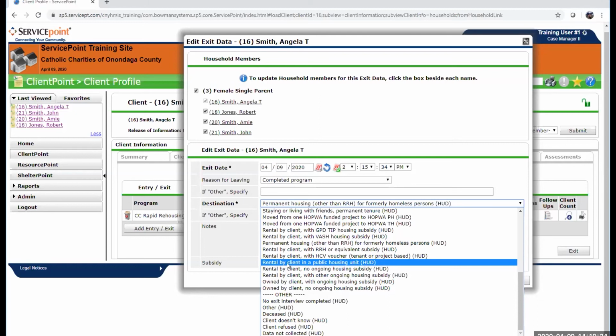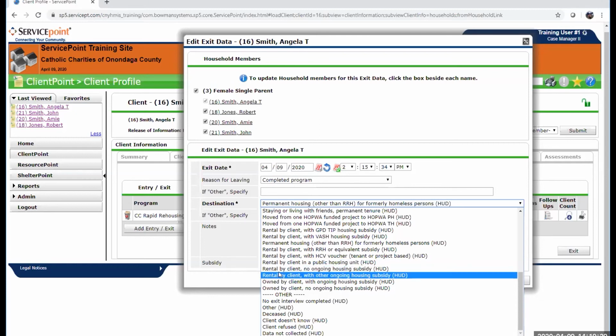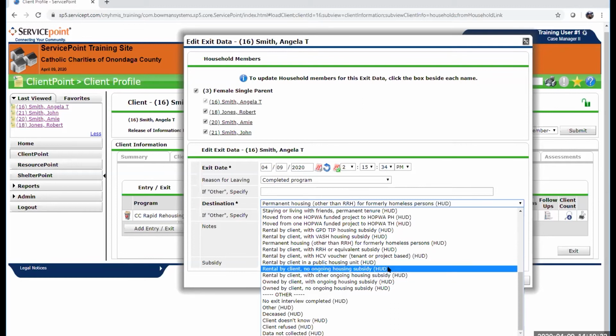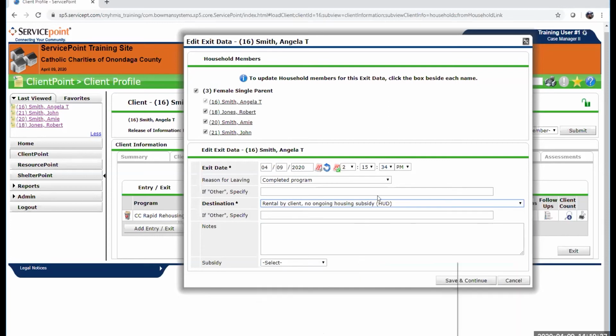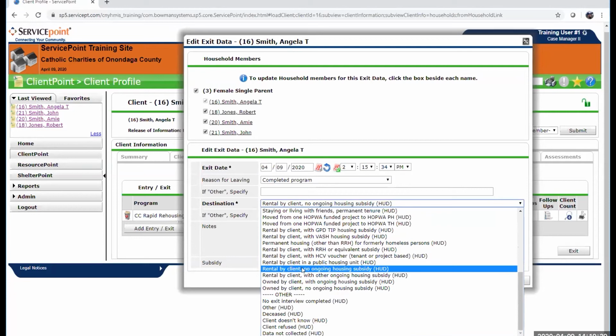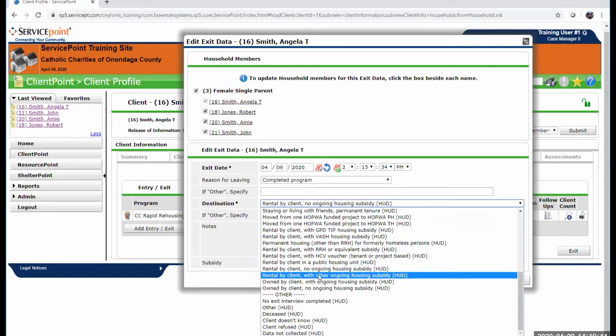Syracuse Housing Authority, Auburn Housing Authority, North Syracuse Housing Authority, like that. Rental by client, no ongoing housing subsidy, is if they no longer have any rental assistance from any program and they're paying market rent on their unit. Rental by client with other ongoing housing subsidy, if there's some other program and it doesn't fall into one of